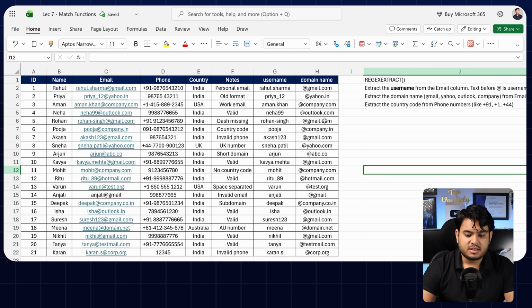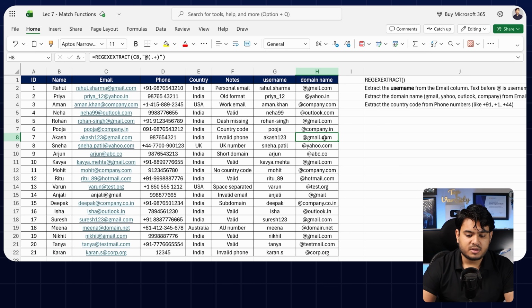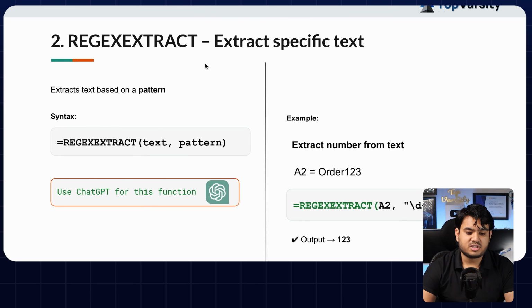Yeah, so like this, wherever you will find, for example, @yahoo.com, see, it's sneha.patil@yahoo.com. Like this you will get your answer over here. So this is the use of REGEXEXTRACT. Now we'll see the next function, which is